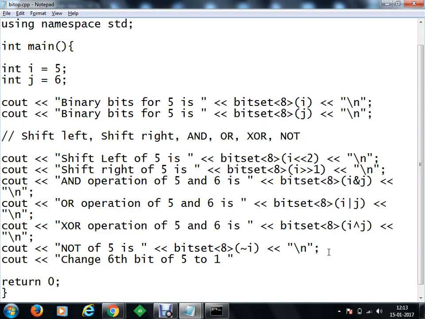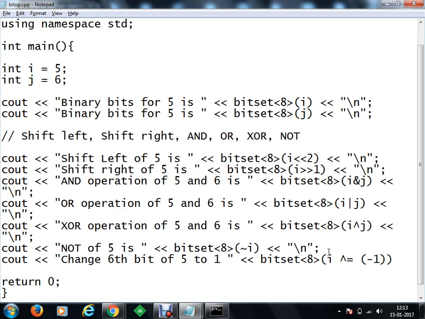Okay, and to do this we'll do something like bit set. We are going to take 8 bytes, and here we have to use that formula. You take your number I, then use XOR equal to, then minus. If you want to set it to 1, you use -1.